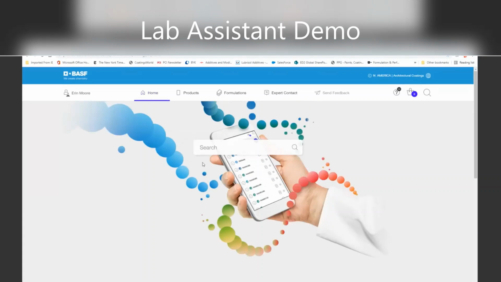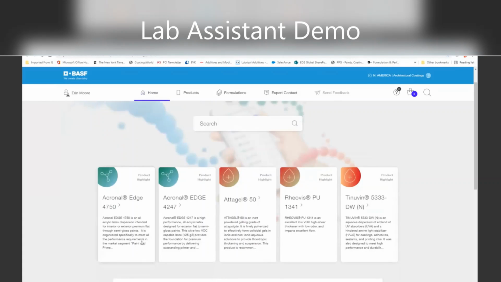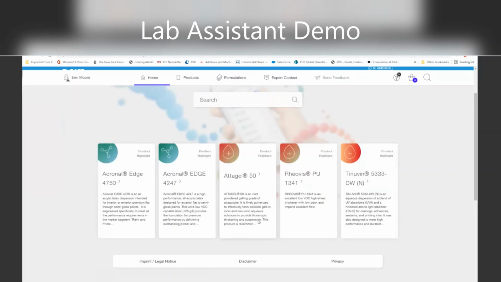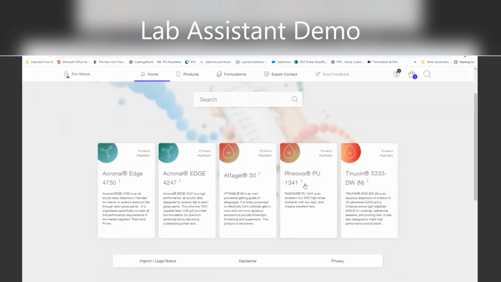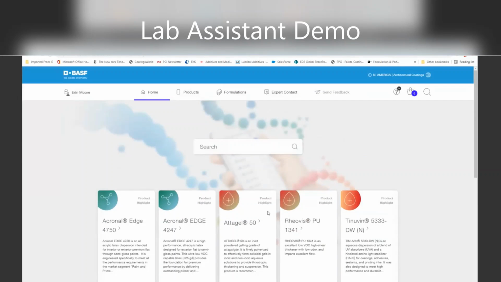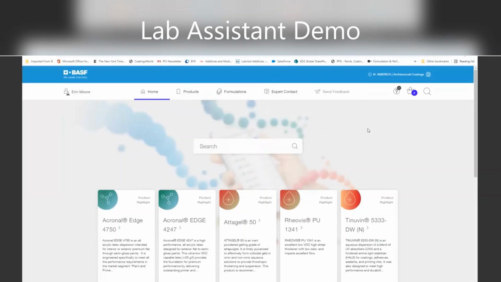But going back to the home page here, we have these little boxes that also highlight some of the products that we're very proud of, some of our products that add true value to our customers. And this is also based on your search history. So the more you use this tool, the more the tool becomes familiar with you. Again, all of this is based on being registered with our tool as a customer.